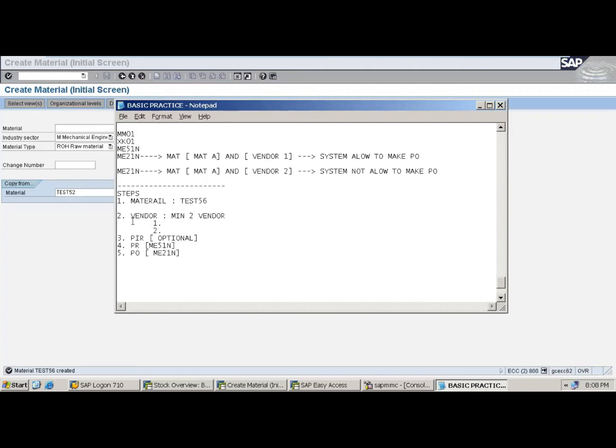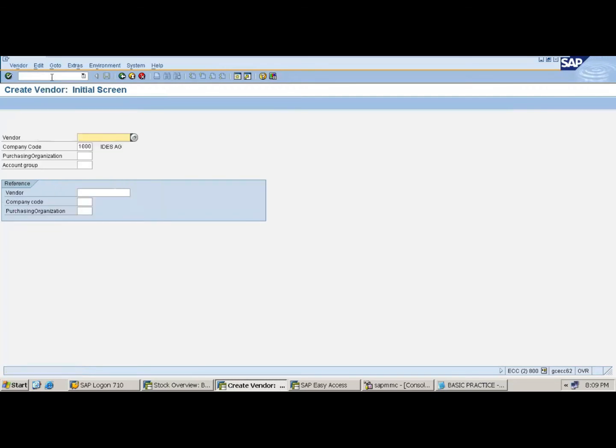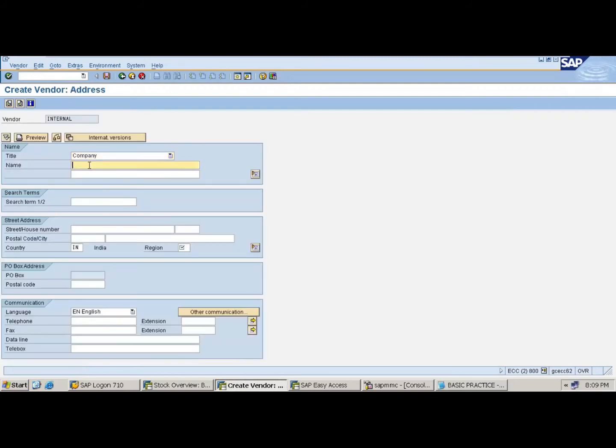Step number 2, go for the vendor using the transaction code XK01. Slash n XK01. Enter. I take purchasing organization 1000 and account group, and I copy some vendor. I take the copy reference, company code, and I can take vendor 1. Enter. Region 10, Karnataka.